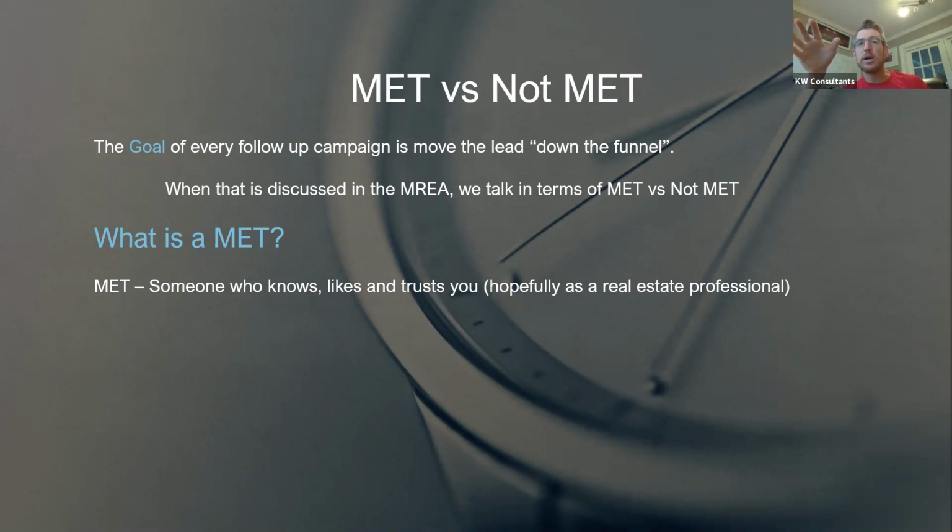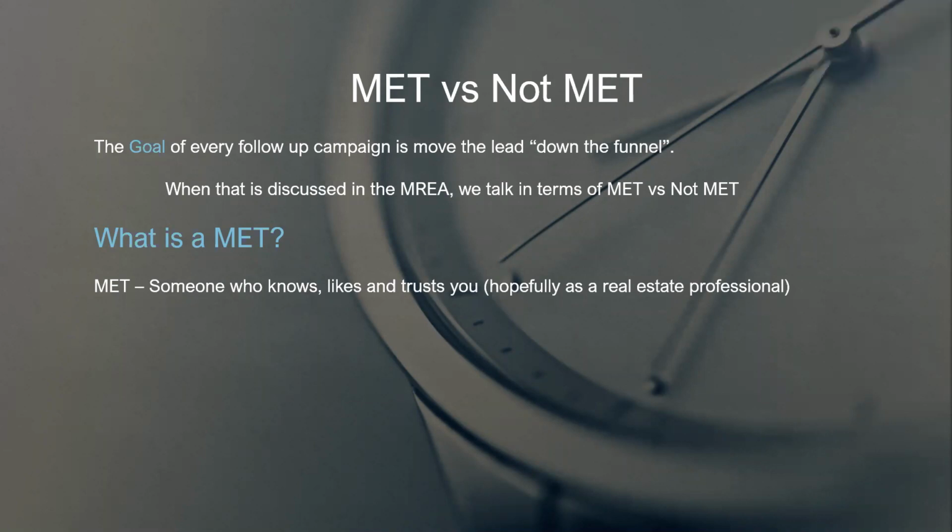The reason I put that in parentheses is that Pete just recently got licensed, so his friends may not yet know, like, and trust him as an agent. His goal over time is to go from knows, likes, and trusts him to knows, likes, and trusts him as an agent. Dawn, you've had your license for a lot longer, so the people in your sphere, your mets, should know you as a real estate professional.